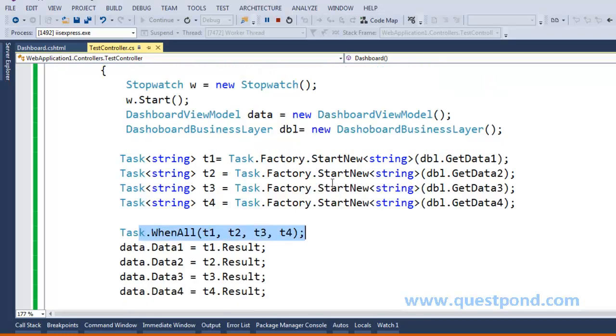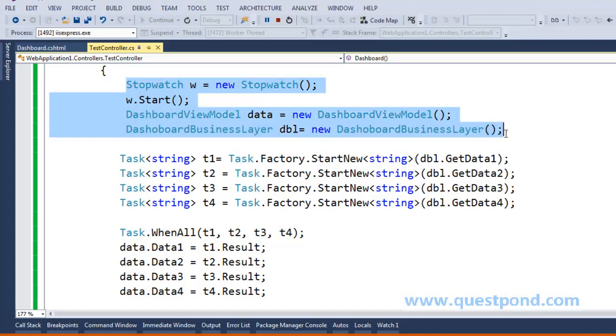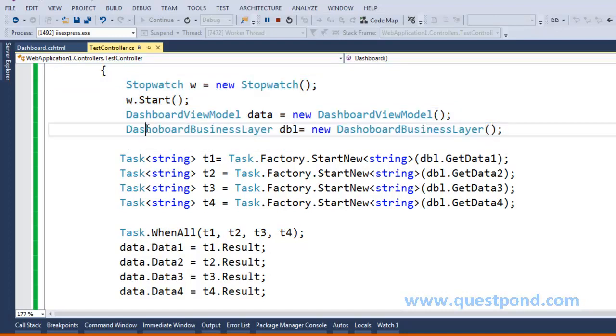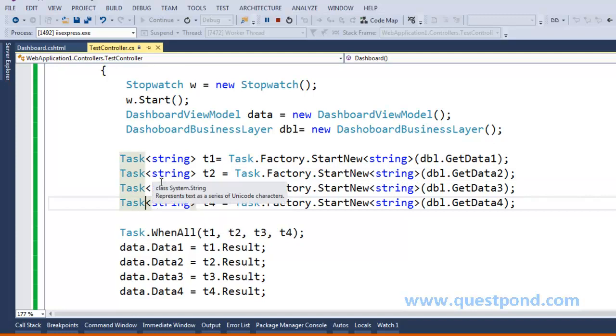Ultimately there is one main thread which is executing, which will reach this line, and from here a new thread will start, and here one more thread will start, here one more, and here one more. That means when the main thread reaches this line, at that time 4 threads are already executing in the background, each one executing one of these methods.